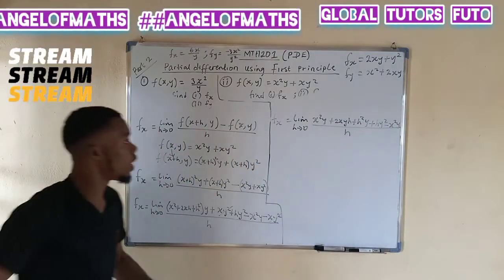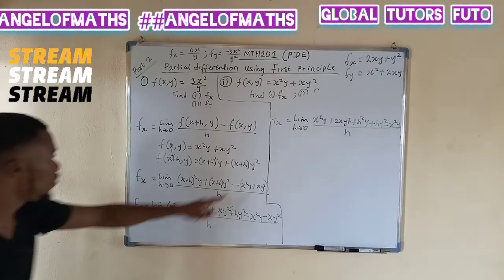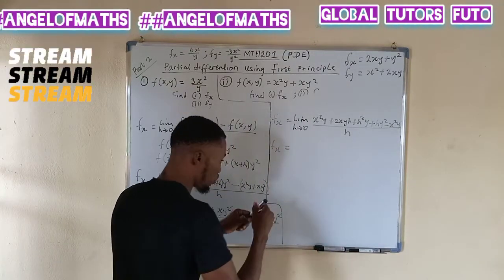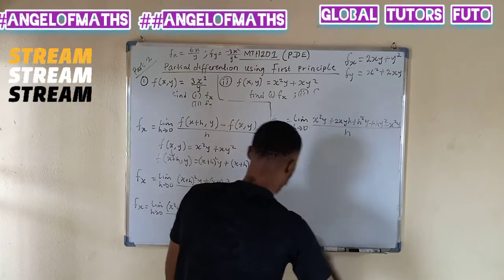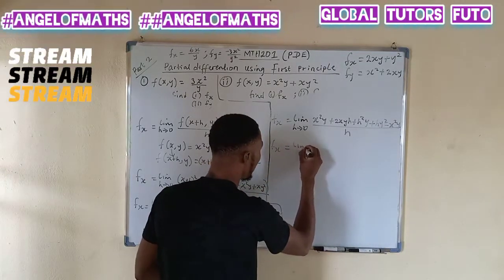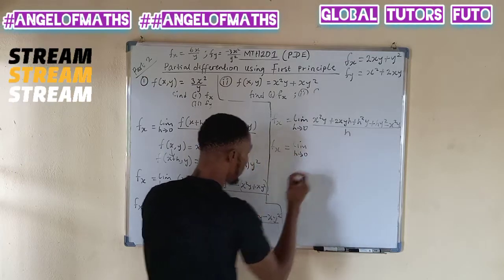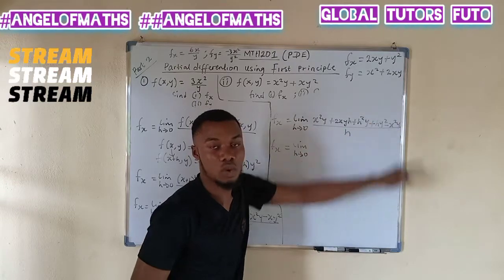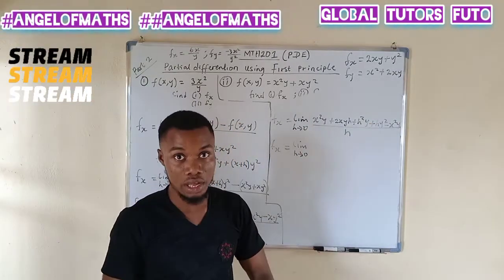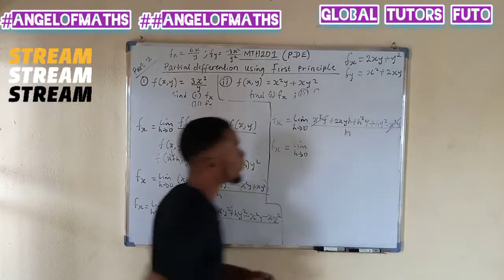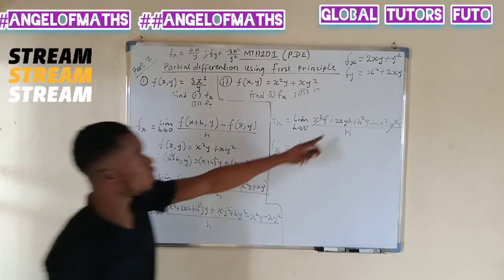Okay, this is what we have. Everything will be over h. So if we proceed further, we're going to have that f of x will be equal to the limit as h goes to 0. Now look at this. This is x squared y minus x squared y. So both of them can go. This can go with this, and this can go with this. So we are left with